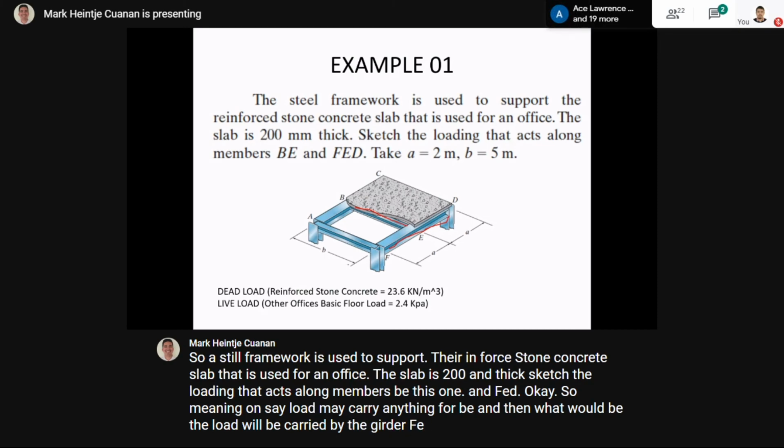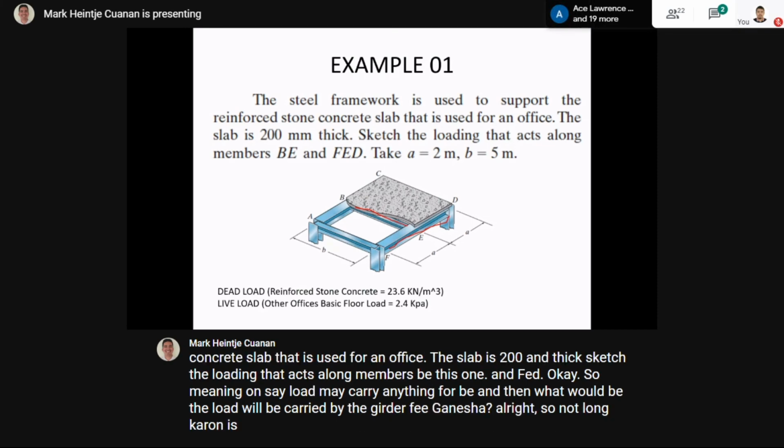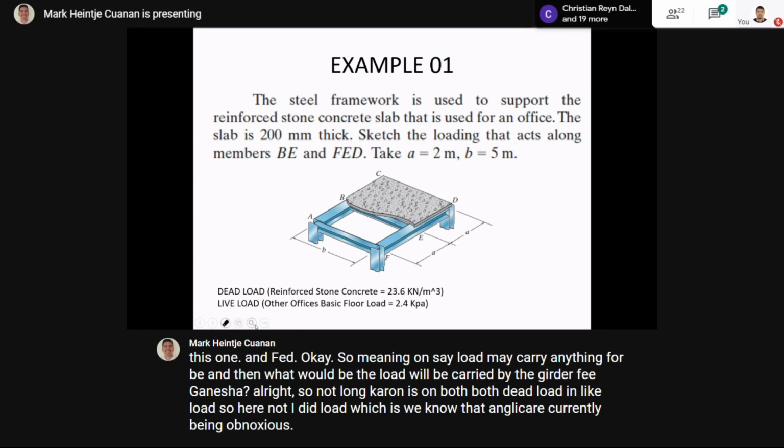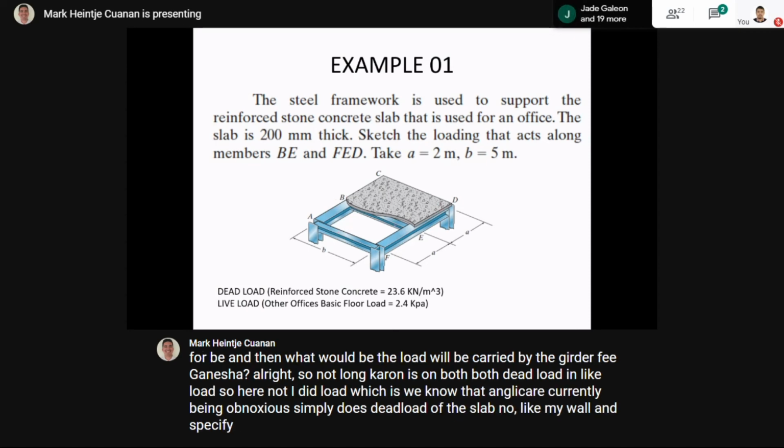Alright? So our load now is both dead load and live load. So here we have dead load, which, we know that what this beam will carry is simply the dead load of the slab. There is no wall specified here. So what BE will carry now is the slab itself. Right? So let us